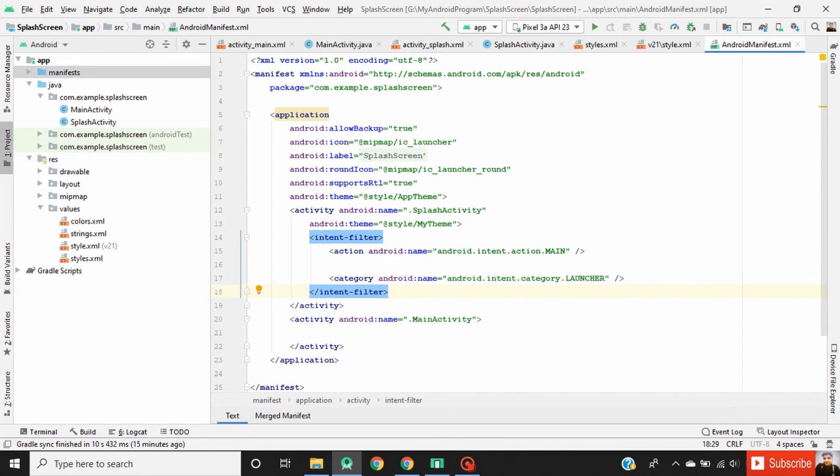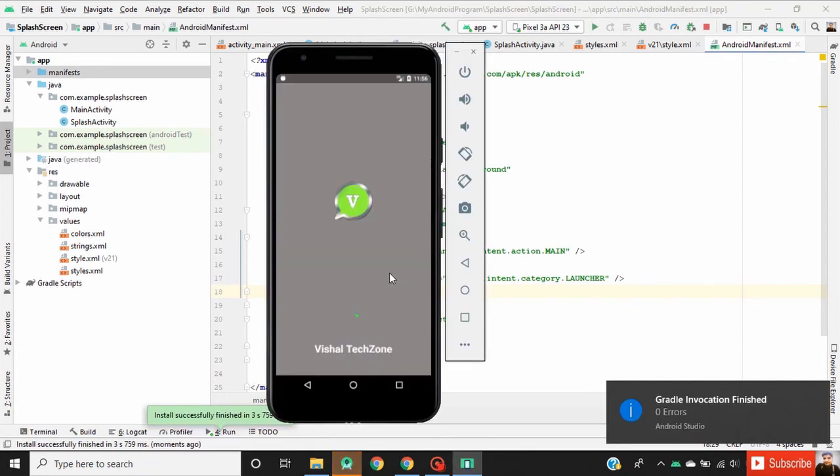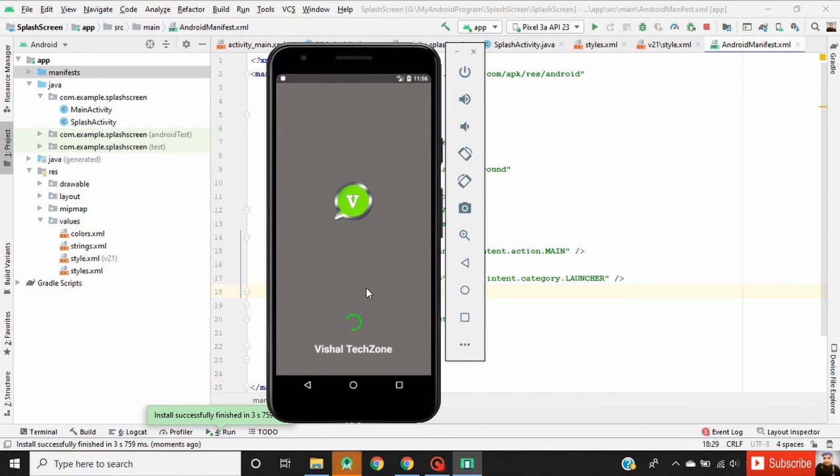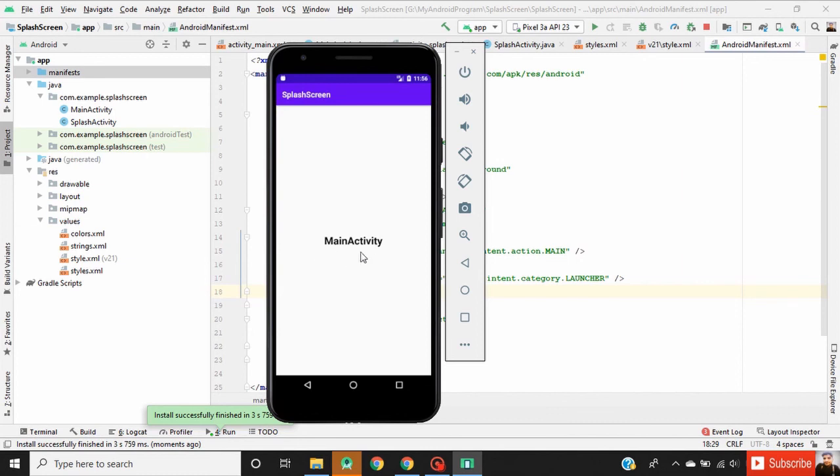So our coding is finished. Now we can test our application. So as you can see, a splash screen appears for a little time and after that the main activity is launched. I hope you will